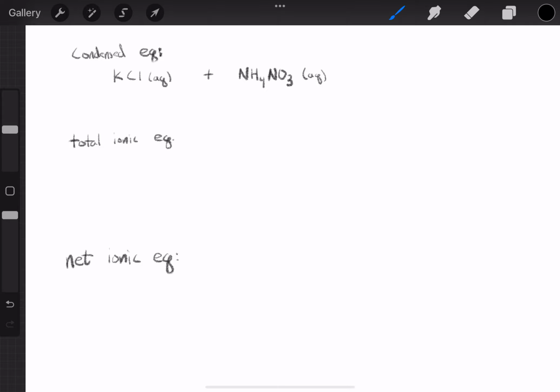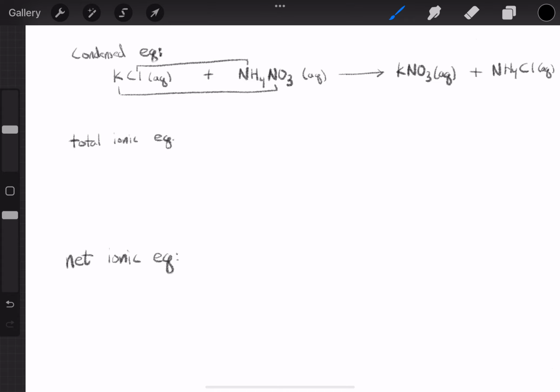All right. So we go back to our solubility rules. Chloride salts are usually soluble, so potassium chloride would be a soluble compound, and ammonium nitrates are soluble, and there's no exception, so both of these should be soluble. If we're predicting a reaction, we would think the potassium would now be paired to the nitrate, and the chloride would be paired to the ammonium, and we would get the following: potassium nitrate and ammonium chloride